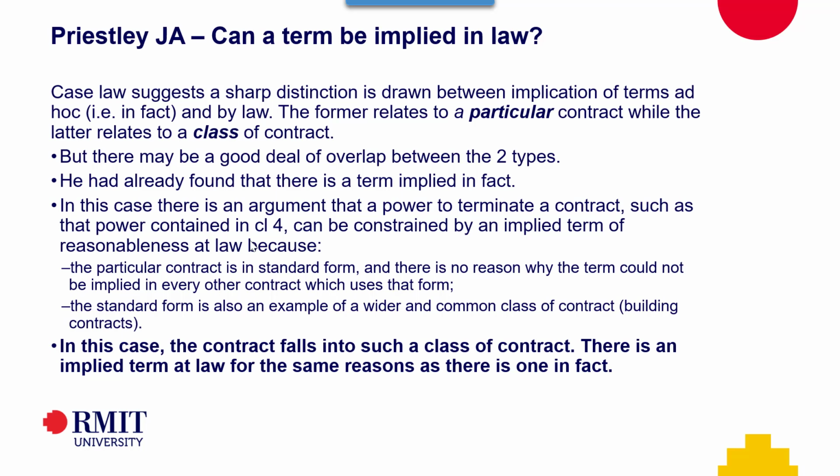He then asked, can a term be implied in law? Now he's already found that it can be implied. Why does he go and look for another way of doing it? Doesn't want to be overturned on appeal. So if he's going to find that there's a clause, he's going to find 2 or 3 different arguments for getting there. You could learn from Justice Priestley, who I also assumed did quite well at law school,